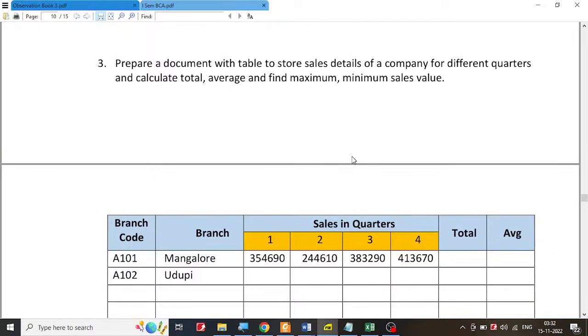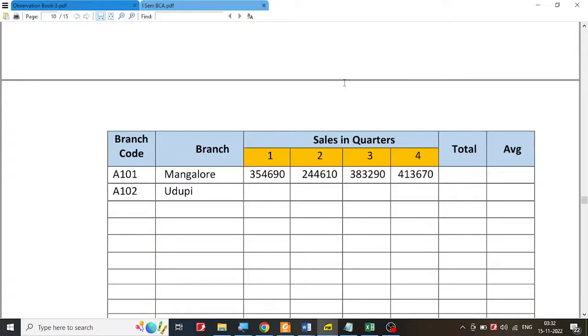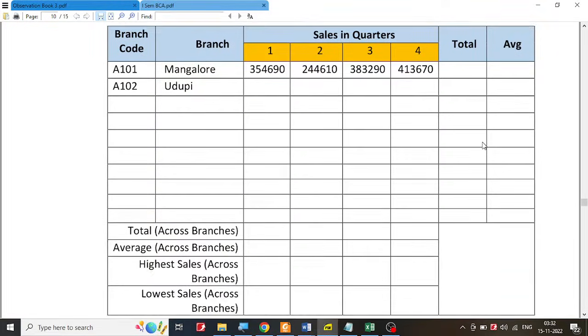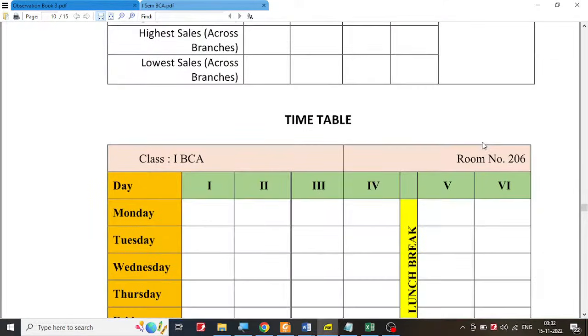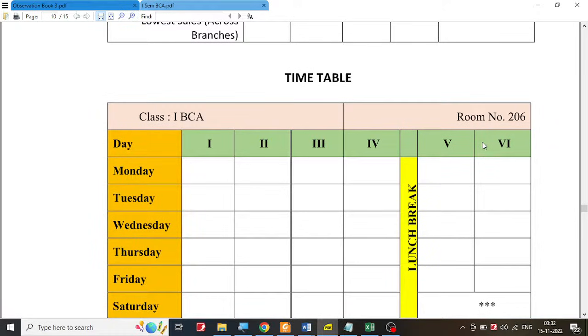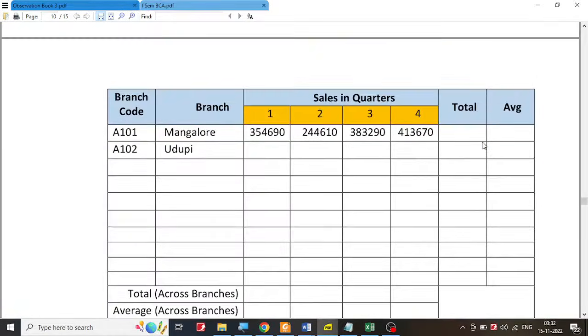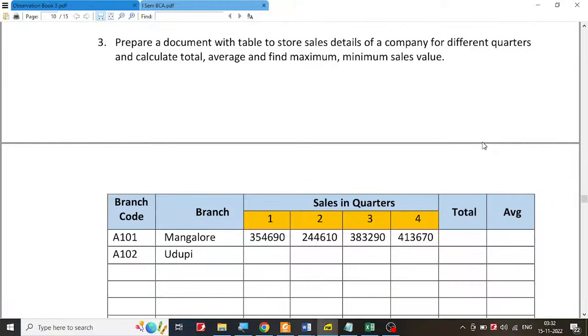Let us look at the third exercise in Microsoft Word. There are two things that you are supposed to do. In the first table, you are supposed to calculate some formulas, and in the second case, you are supposed to prepare a timetable. So I'm going to do the first part now, and in the first part, we are supposed